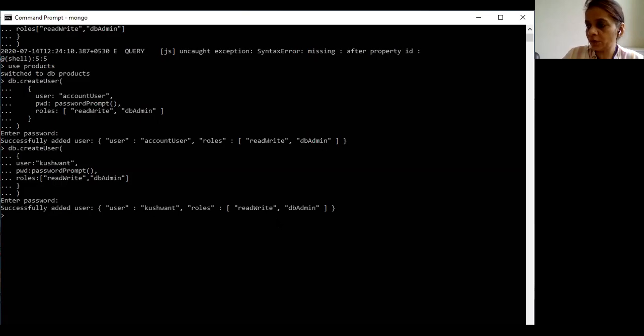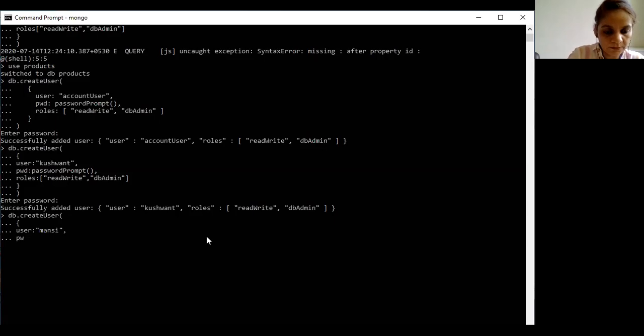Now suppose you want to create a user without defining any roles. Then we will write the command like this. db.createUser. Let us keep the next user Mansi.